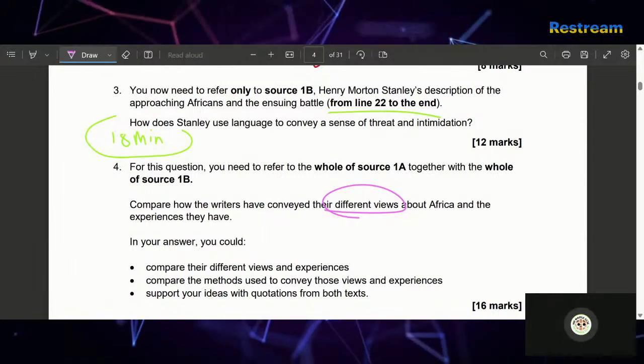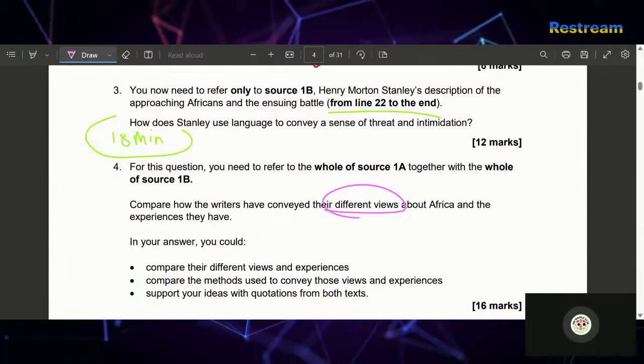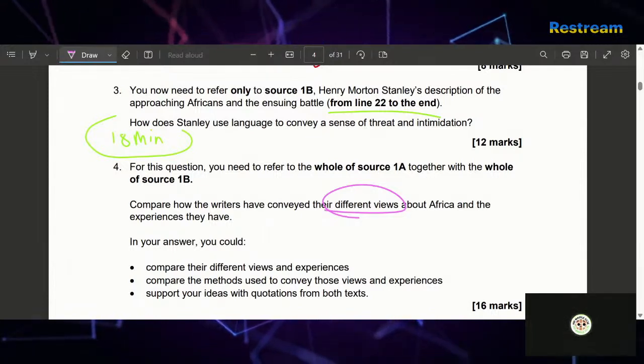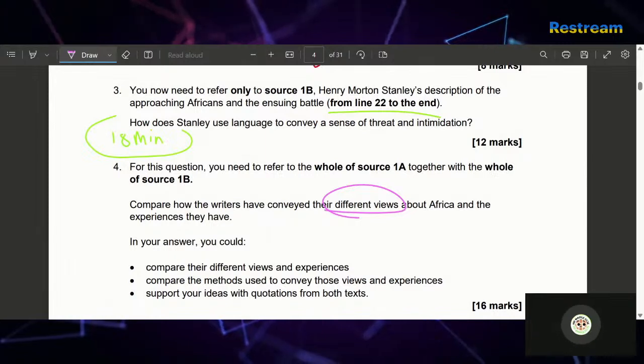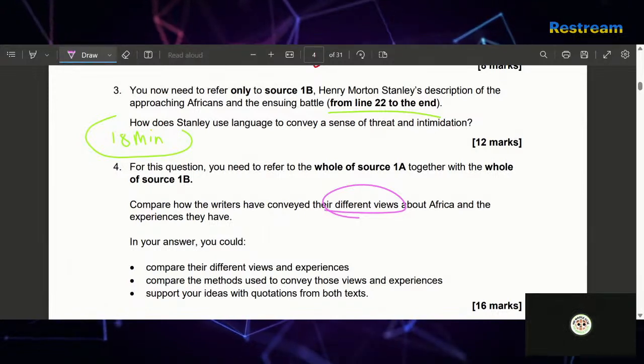In terms of how to structure your answer, no introduction is needed, no conclusion is needed. Just a what, how, why paragraph. So what have they done? How have they done it? Why have they done it? Discuss them simultaneously as well. Okay, so you can see